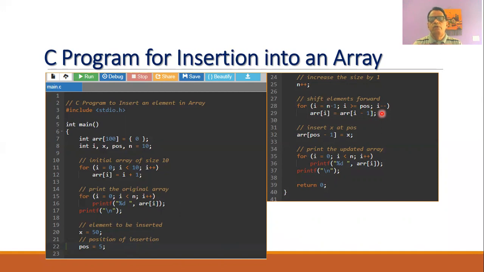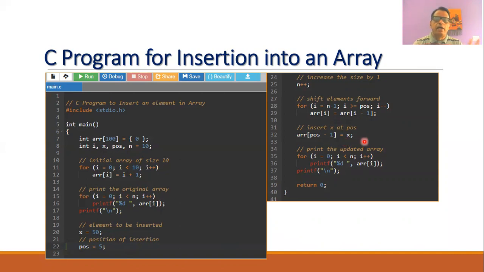This for loop will have initial value of i equal to n minus 1. This will be executed until i is greater than or equal to position, with i minus minus. And we will write the statement array[i] = array[i-1]. Now when the space is created, then at the position array[position-1], we will insert the value of x, that is 50.